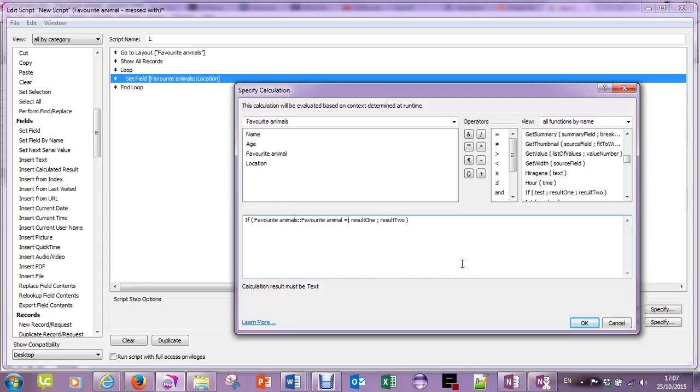equals, and down here it says the calculation result must be text, so I'm going to be careful about using double quotes here to make sure all the values are text values. So I've put horse in double quotes here. I'm saying if my favourite animal is a horse, then I want my target field to have the value Edinburgh, and if it's not a horse, I want my target field to be Glasgow. So I'll press OK,